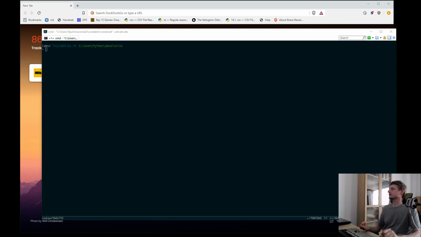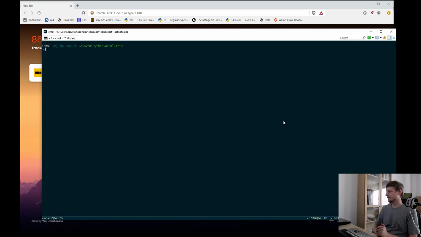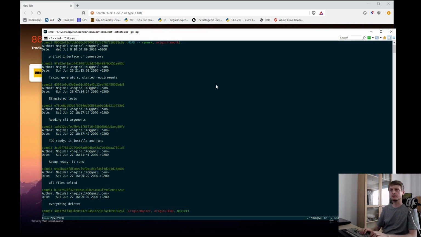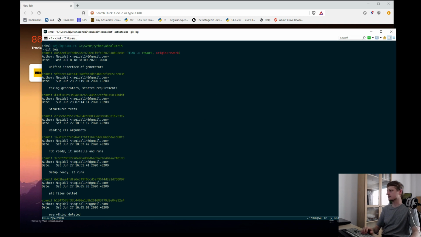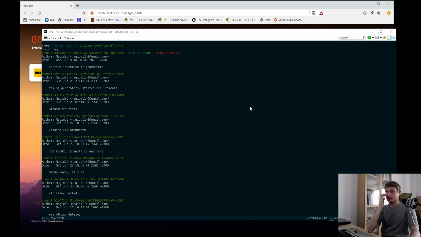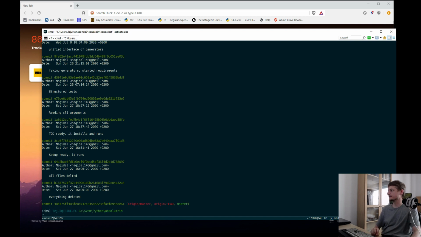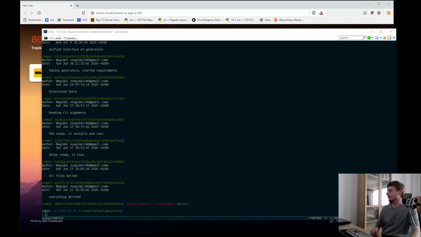I decided to work on my Tetris project. I mentioned a couple of times that I have something like a Tetris going on. I don't even know in which branch I am. Rework, okay, branch rework. Yeah, a couple of months ago I started doing a Tetris clone, but in Pygame.